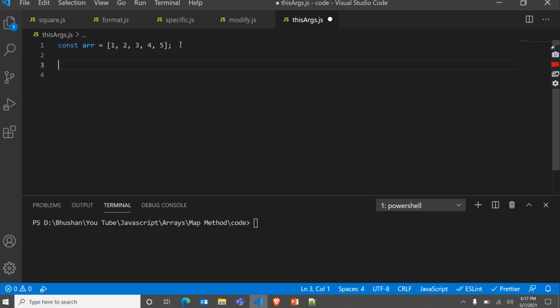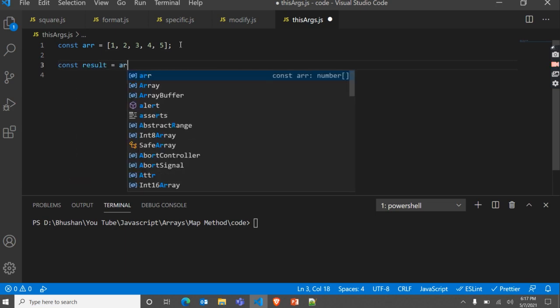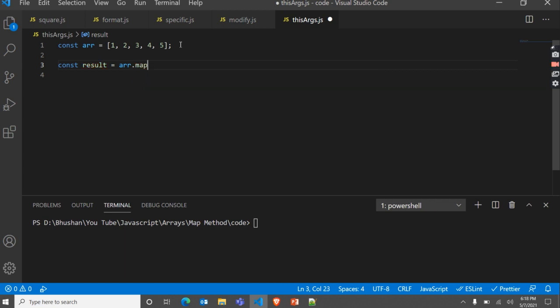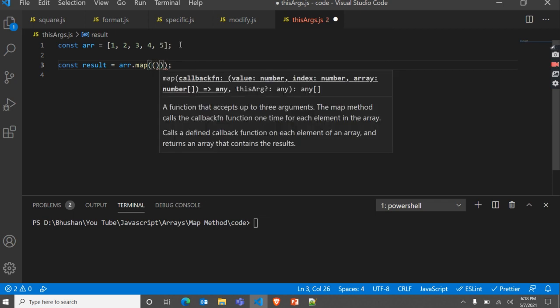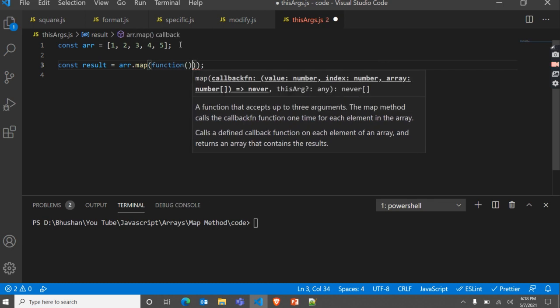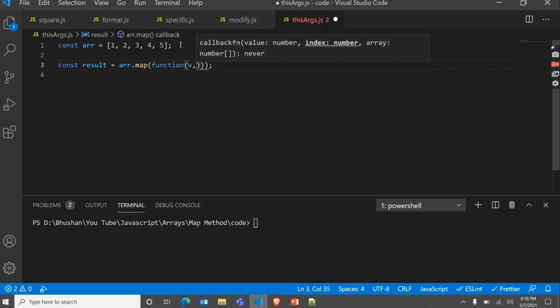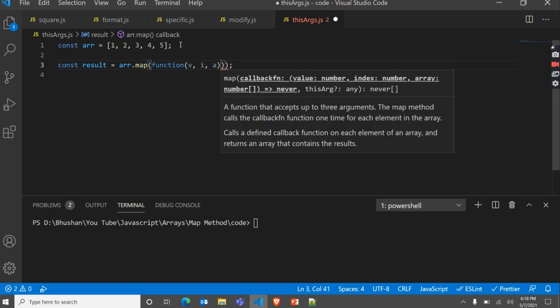Create one result variable to hold array.map. Let me create a normal function here, and here let me show you all: variable value, index and array.